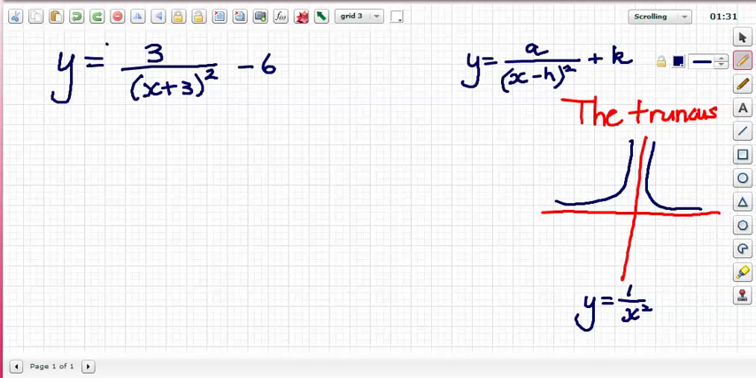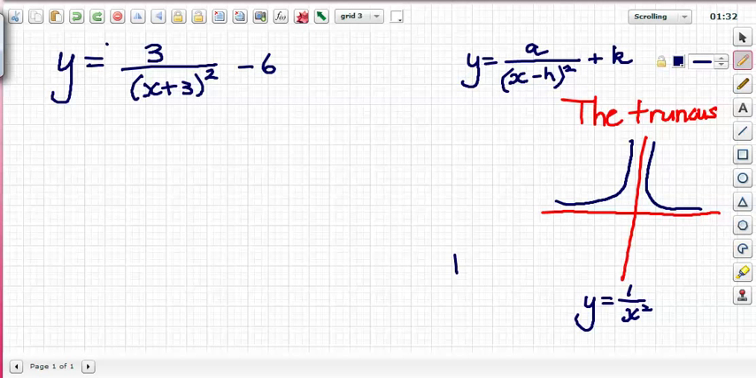Okay, so this one we've got the truncus. Let's think of it logically. Let's just say you're doing a test and you've forgotten your cheat sheet. You get into that habit of rote learning, and then you've forgotten what a truncus looks like. Well, the fact of the matter is that if you think about it logically, 1 over x squared,